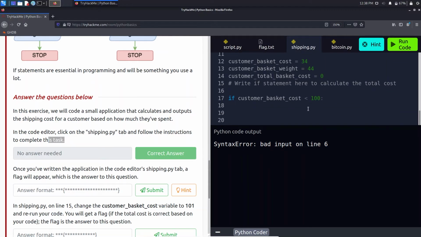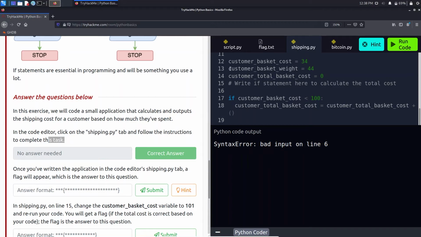So now if the customer shops for less than 100, then the customer total basket cost becomes, just paste it here, plus we'll give parenthesis open and close.